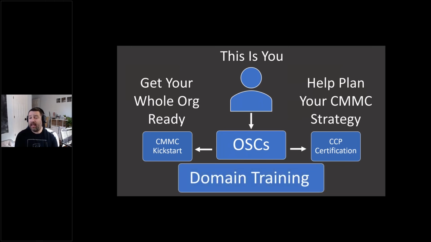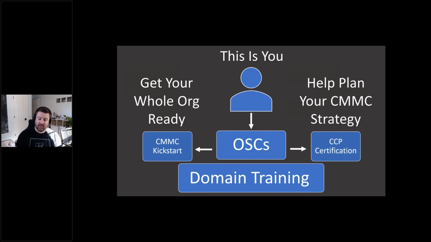And then finally, if you're in IT and you're part of an OSC, or you maybe are managing an IT team, you can look and say, okay, where are we lacking in these domains? Those domains are publicly available at cmmcab.org. I have the website at the end, don't worry. And you can look at getting any sort of training that you might need to skill up to be ready to get assessed.